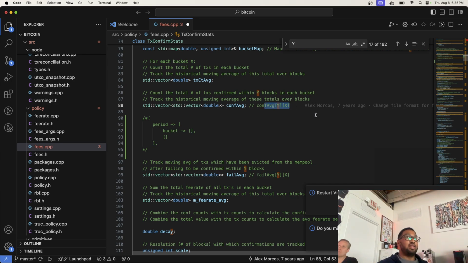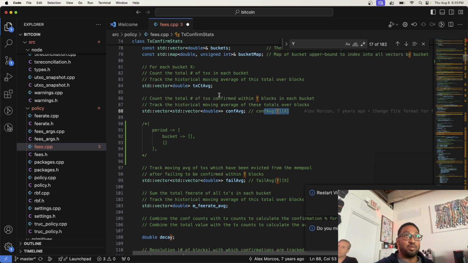These were made by Alex Morcos, the guy who designed the algorithm. So I don't really know why he chose X, and he defined it up here. Okay, each bucket X. Yes, you have your period, and then you have your bucket. So you have a list, and each item is a period, and within each period you have buckets.